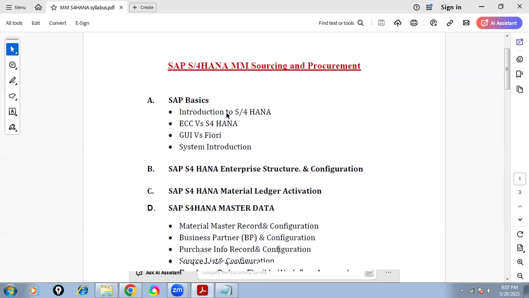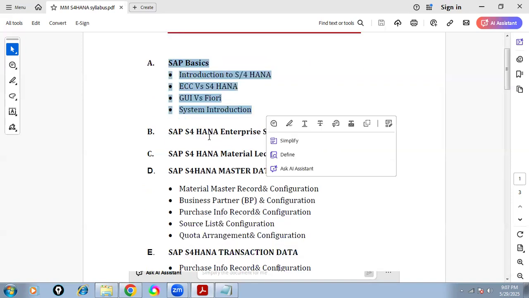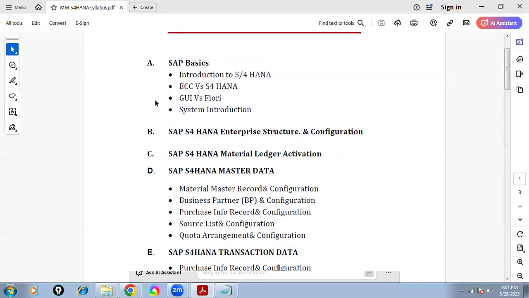So let's come back to my syllabus again. In the first sessions I teach basics, that is A. The next one is B. See, I said A, B, C, D, isn't it, students? So A means basics. From B onwards, your practical sessions will start. First, I start with enterprise structure. How one organization is structured.